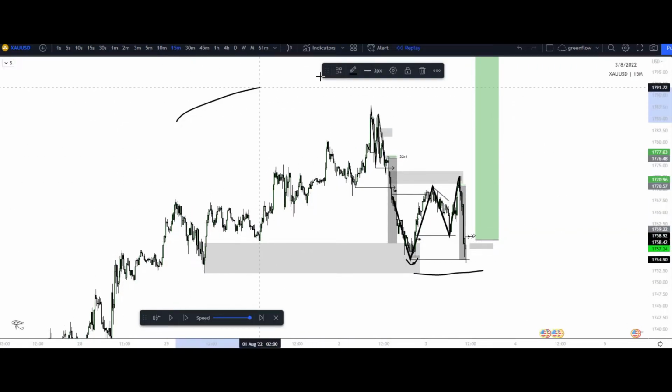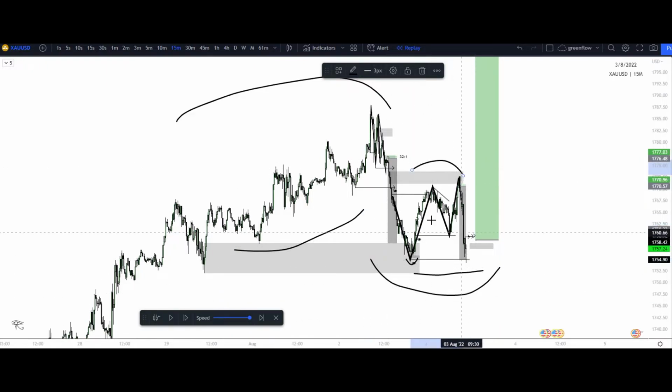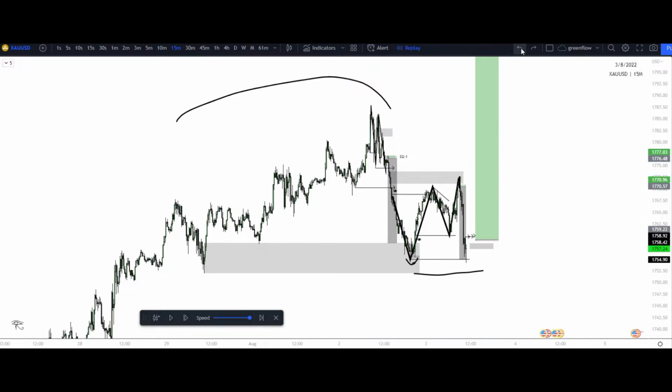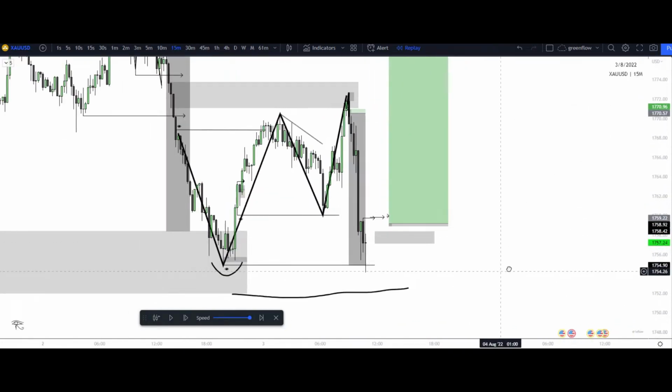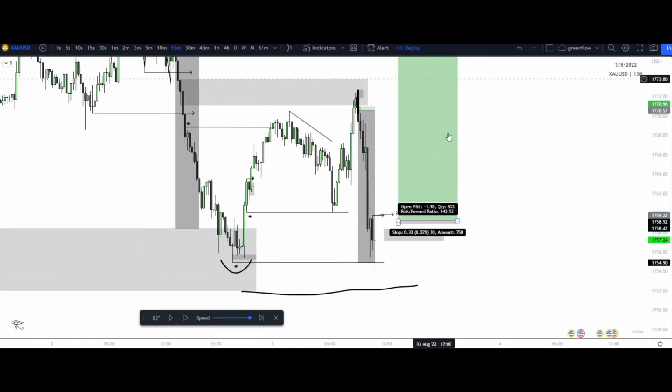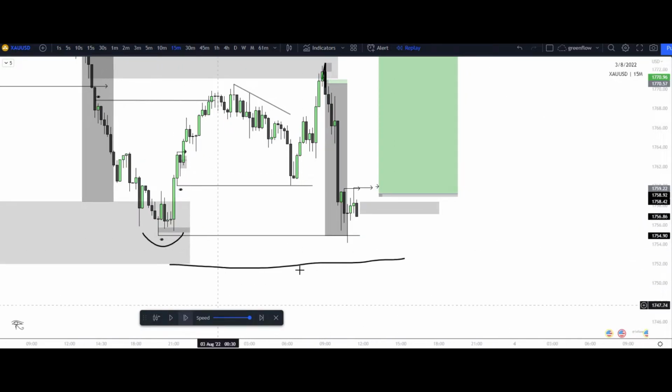First half, right, distribution, left the lows. Second half, accumulation, leaving highs, right? Once we come into this area of supply, we start to leave these equal highs that are present right here. So now let's get rid of this W, understand what we are looking for at this point in time. I have a 15-minute, right, liquidity raid to the downside. How do I know it's a liquidity raid? We can see those wicks right into these areas lower, as well as price still respecting that low that caused a high overall. Let's go ahead and play this out. We get a break of structure to the upside right here on the 15-minute.